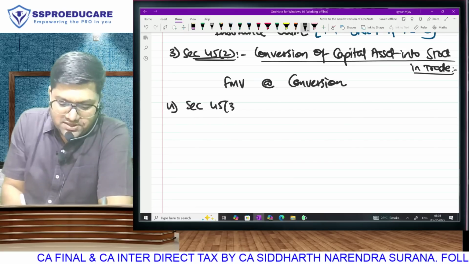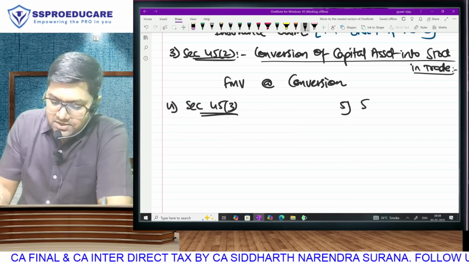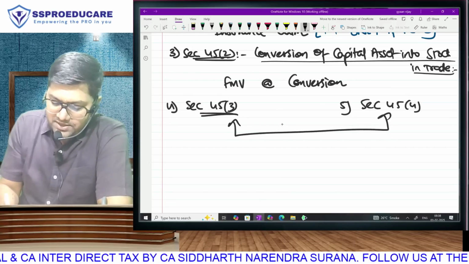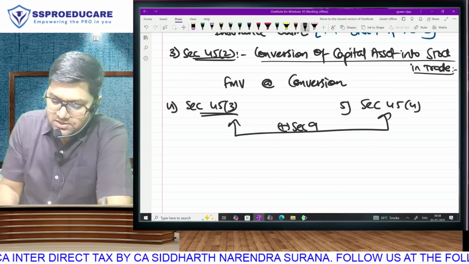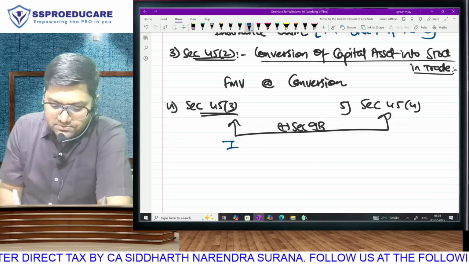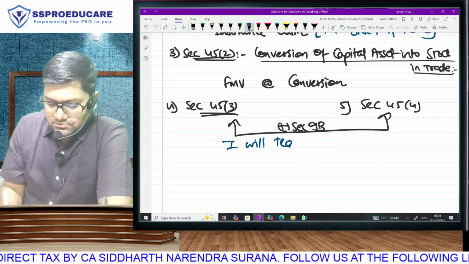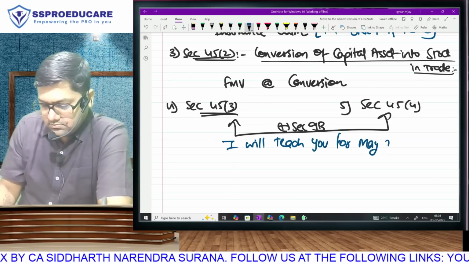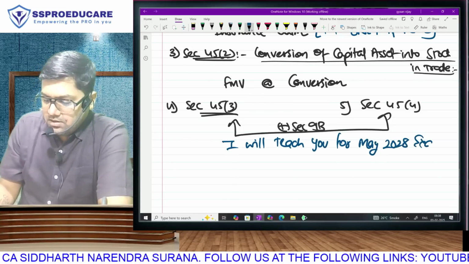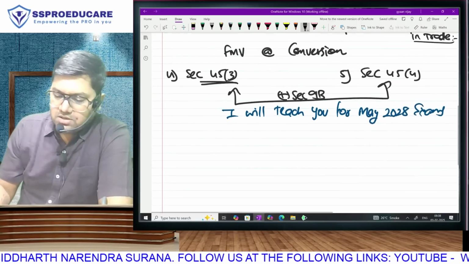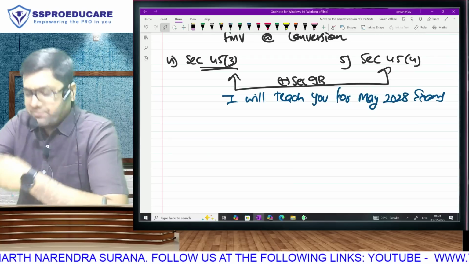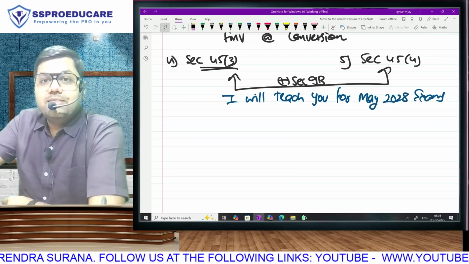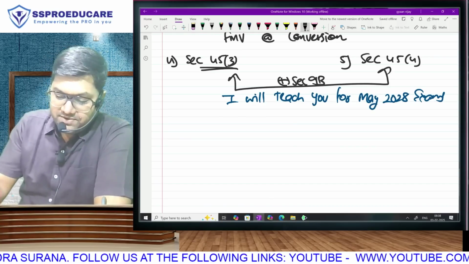Section 45, subsection 3 and 5. Section 45, subsection 4. Along with them, there is also one section, section 9B. Special sections for partnership firms covered in the chapter assessment of partnership firms at CA final. Not applicable at inter. The line that I have written in blue color, everyone can write that,